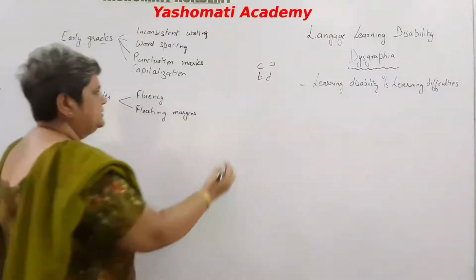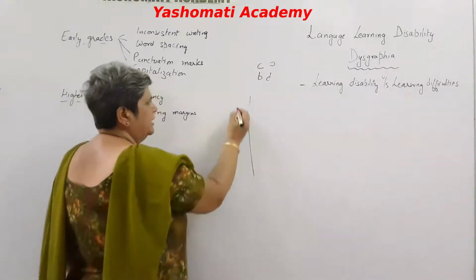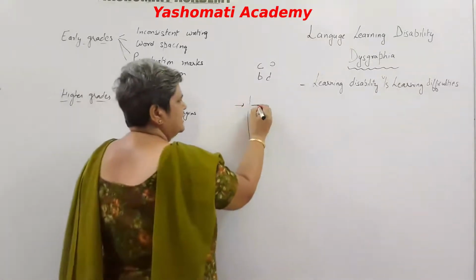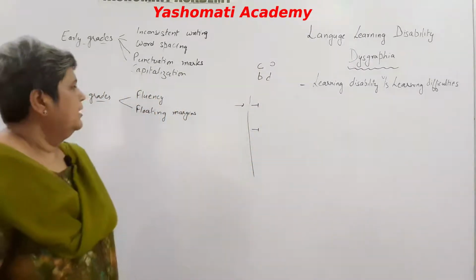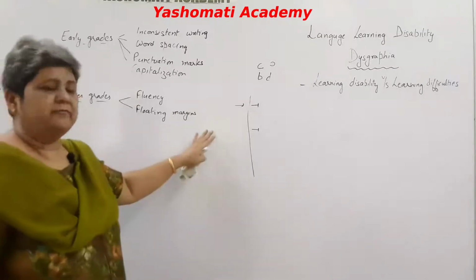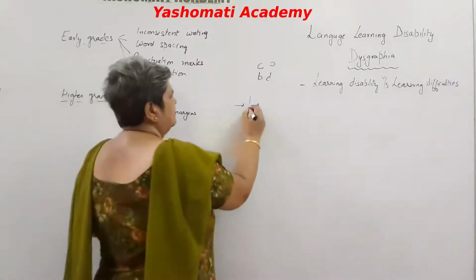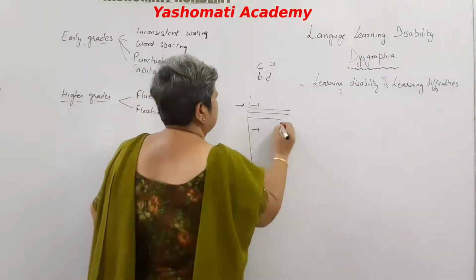Usually in English we leave the margin on this side, and sometimes some tabs are also left when we are writing the paragraph. Whereas in the case of dysgraphia students, we will say that sometimes writing is written like this, sometimes